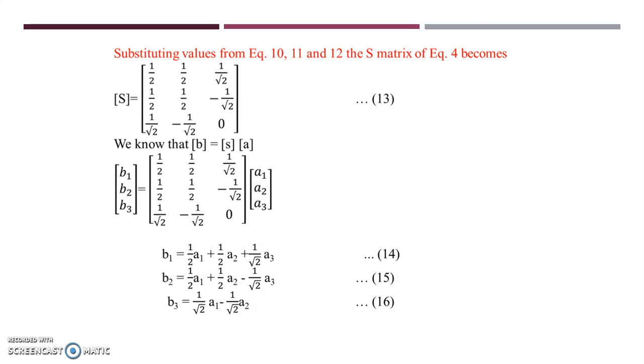And the S matrix for E plane T is given by this. If you look at the values, the first 4 values are 1 by 2, 1 by 2, 1 by 2, 1 by 2, and next are 1 by root 2, minus 1 by root 2, 1 by root 2, minus 1 by root 2, and S33 is equal to 0. And we know B is equal to S into A. Now just put the values. You will get 3 equations, B1, B2, and B3, which are the most important equations to solve E plane T, and you will get the power relationship in E plane T using equations number 14, 15, and 16. You have to remember these equations. A problem may be asked on this.